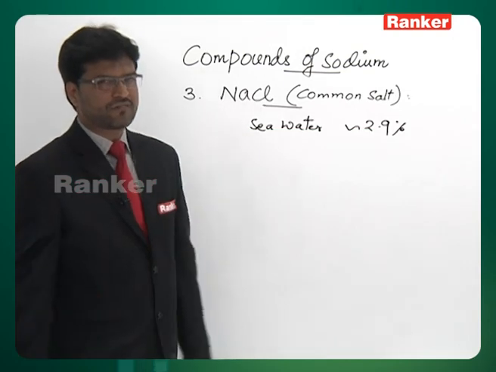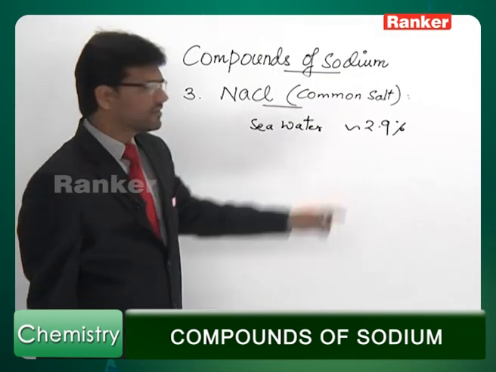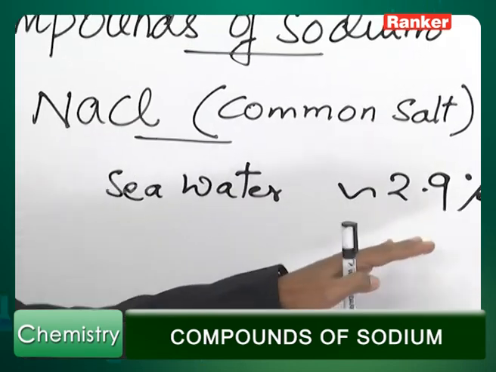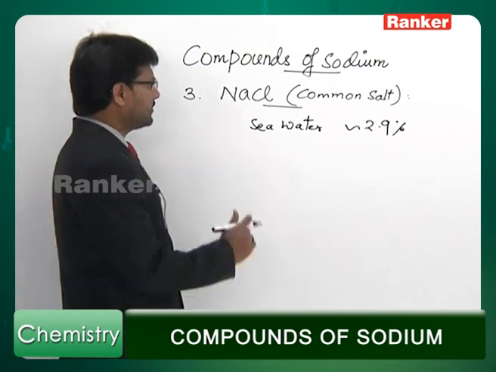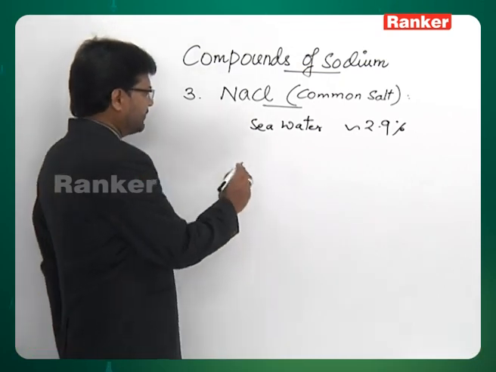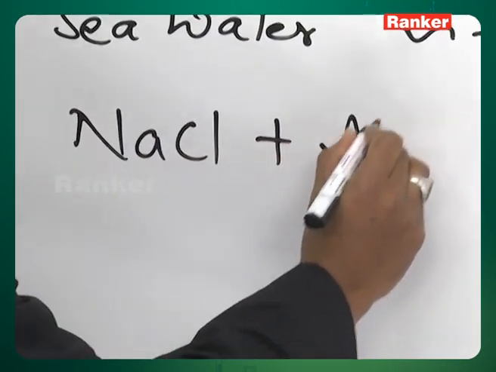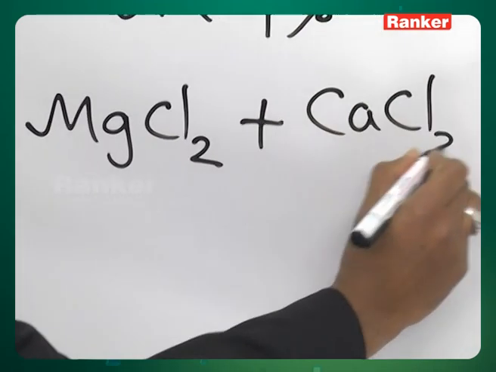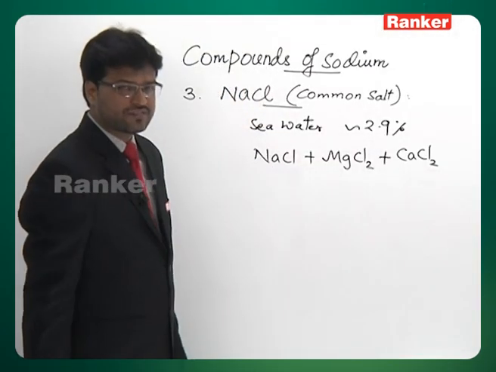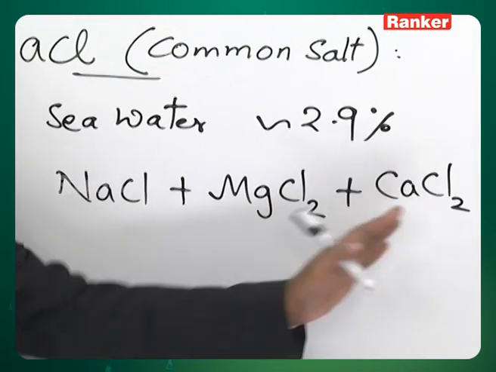The next compound of sodium is sodium chloride, which is popularly known as common salt. Seawater contains about 2.9% of sodium chloride. And then remember, it is associated with magnesium chloride and calcium chloride. The common salt obtained from seawater consists of mostly sodium chloride and a small amount of magnesium chloride and calcium